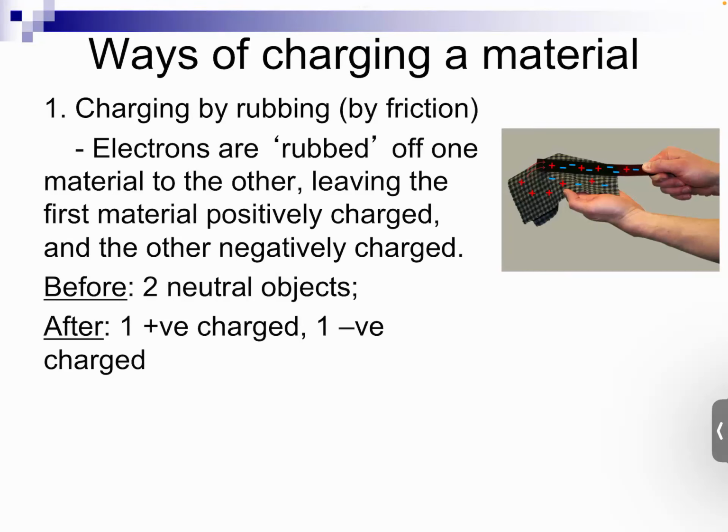Charging by rubbing. That means you start with two neutral objects like the balloon and myself. For example, the balloon has the same number of protons and electrons. It's neutral. But if you charge it by rubbing, you essentially literally rub two materials together. So you start with two neutral objects and take one object, rub it against the other, and you'll now